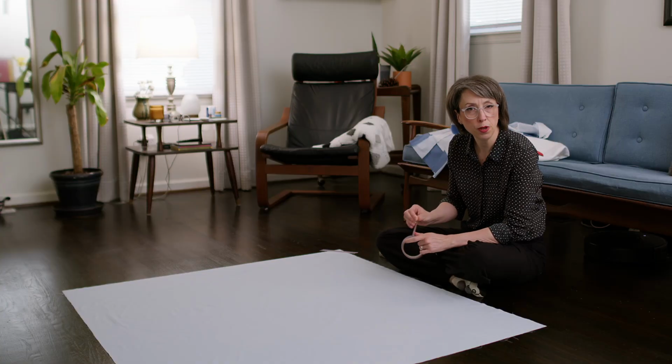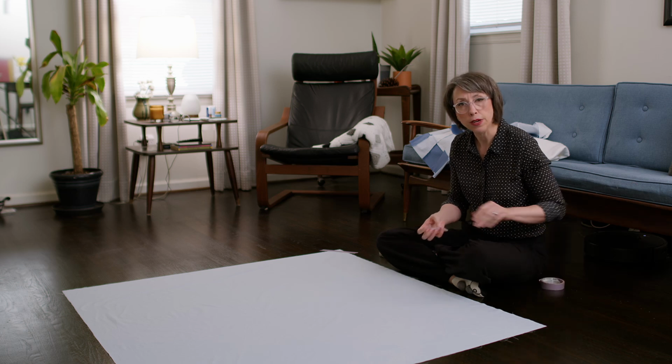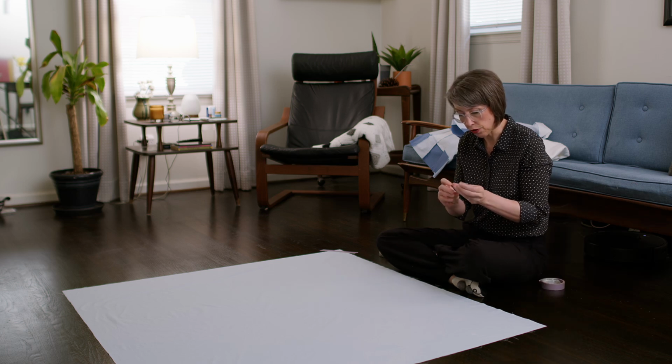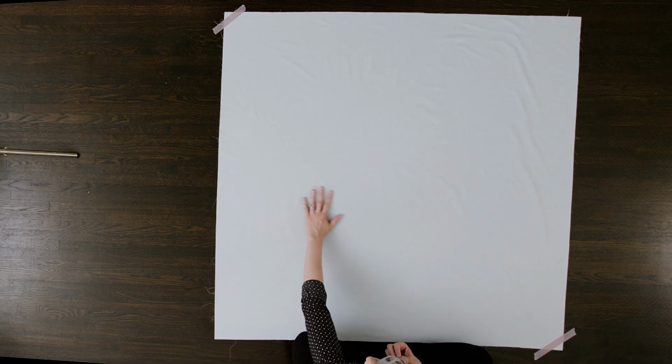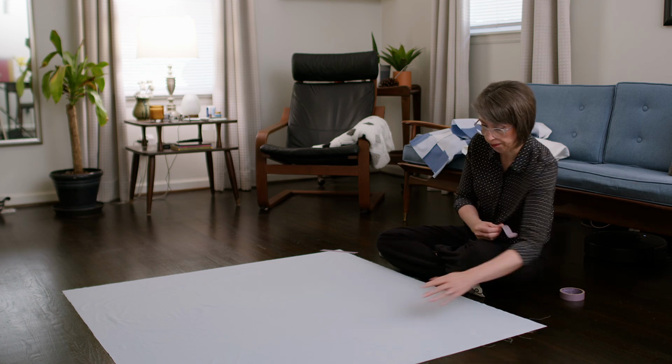Okay, so I did the two opposing corners and it's still pretty wrinkly. So now I'm going to go to the other two corners. So I'm going to do this one near me. There is a lot of smoothing that happens in this step, a lot. And you can see,